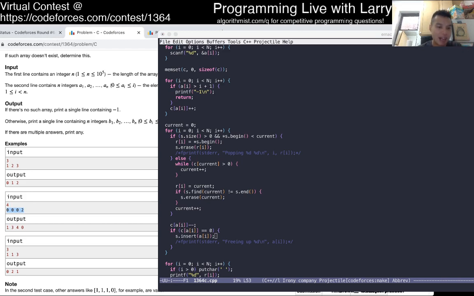For example, here we have 3 zeros. After the third 0, we're like, okay, we can use 0 again.